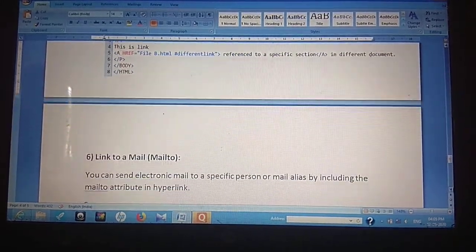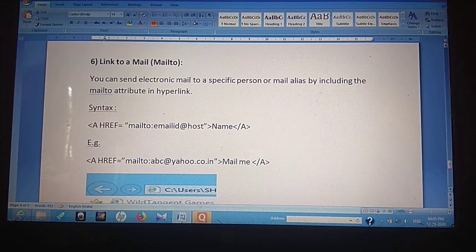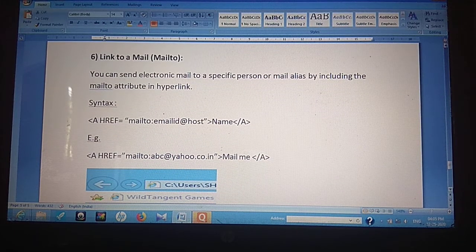Go through it once, and the last one we are going to see is how to create a link to a mail. Emails also you can create a link. For that we require a keyword mailto.